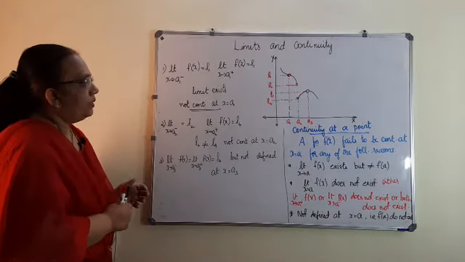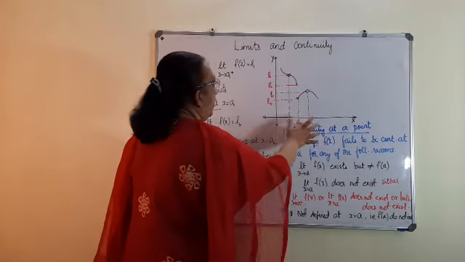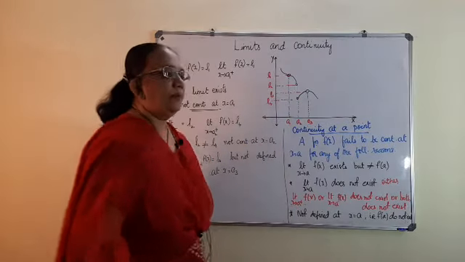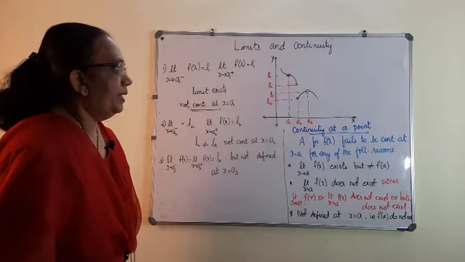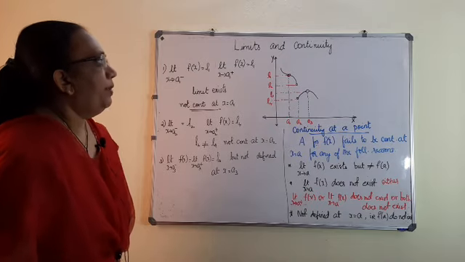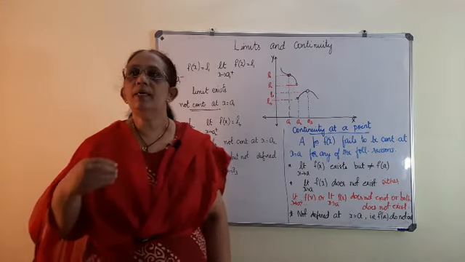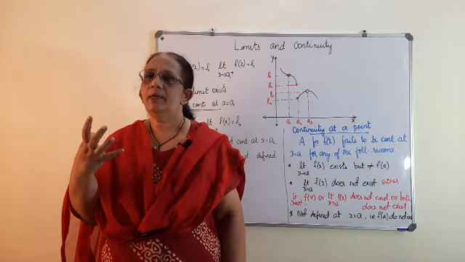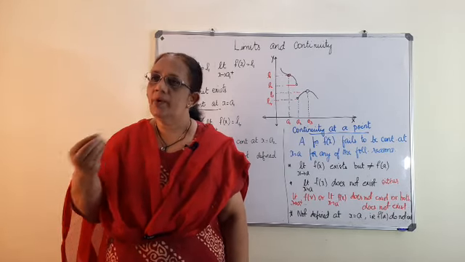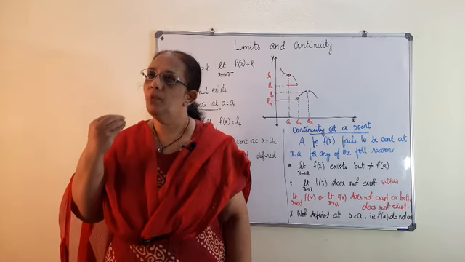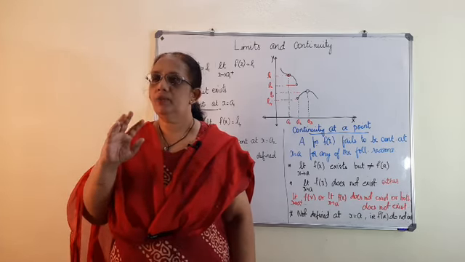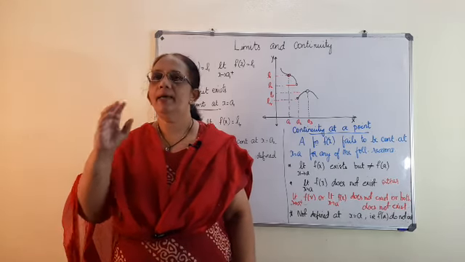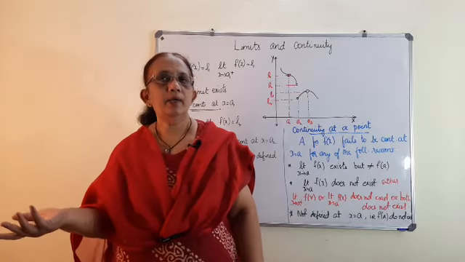I have already drawn a graph over here, x-axis, y-axis. There are two functions, and the graphical representation is drawn over here. Now what is meant by continuity? From the word continuous, you know that continuous means there are no gaps, no holes, no breaks. The same thing applies here also. In a function there is no gap, no hole, no break. A smooth graph is called a continuous graph.